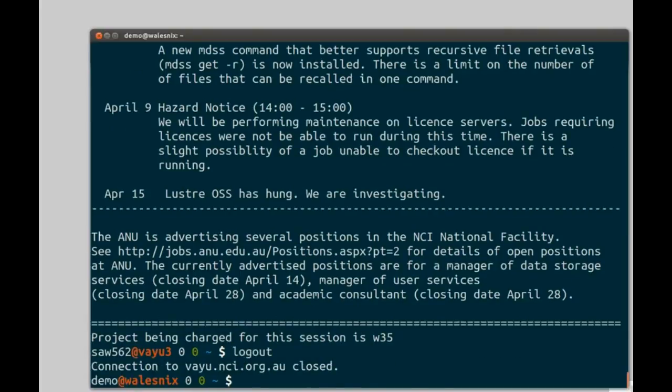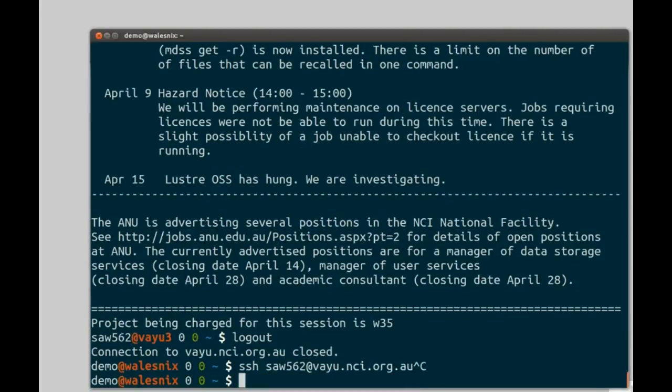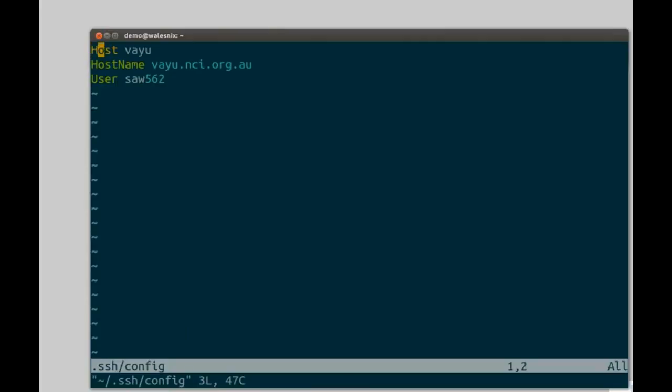We still have all of this, however, so that's a lot to type every time, which you probably don't want to do. So what we're going to do is make a shortcut to value in our SSH configuration. Let's go and edit the file ~/.ssh/config. This is your SSH configuration. Here we have a shortcut. This is saying that the name value is a shortcut to the host value.nci.org.au with user saw562. So if we ssh value,